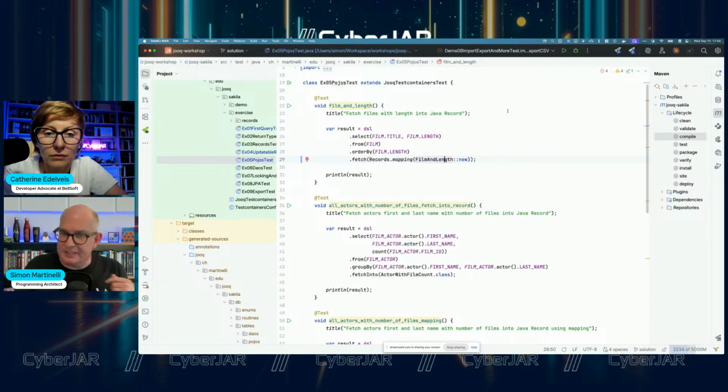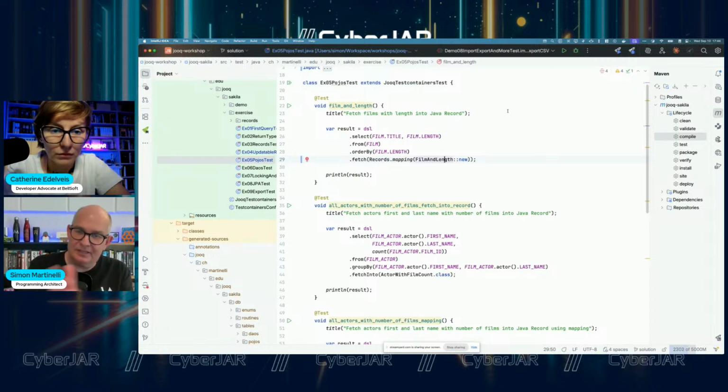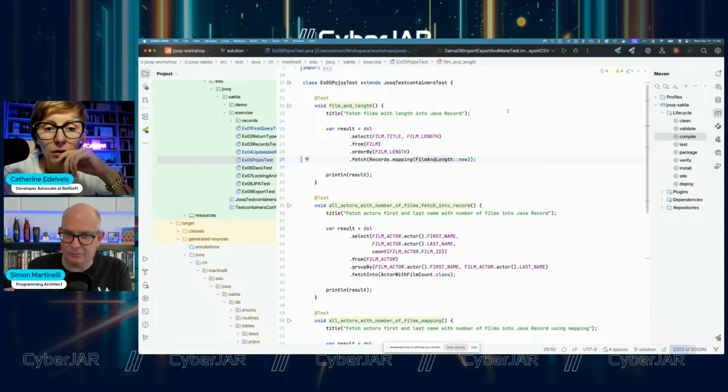So JPA, for example, has the possibility to use constructor expression. So you have to select new and then can execute a query that will also do, for example, an instance of a record, but there's no check if the result from the database really can be mapped to the object that you want, or to the class that you want. That's nice. That looks really neat.